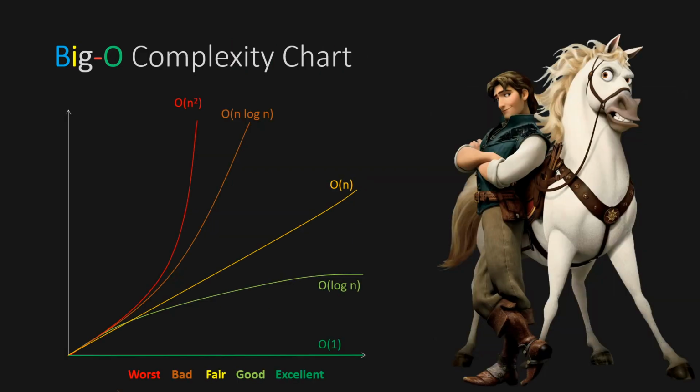So this is the big O complexity chart. This chart represents some of the most commonly used big O notations and their efficiency. Most of the algorithms or data structures fall among one of these categories. In this video, we will study these big O notations in time complexity only. That is, we are not covering space complexity here.